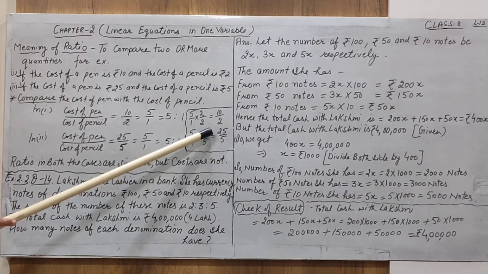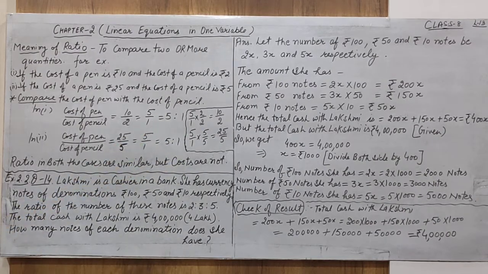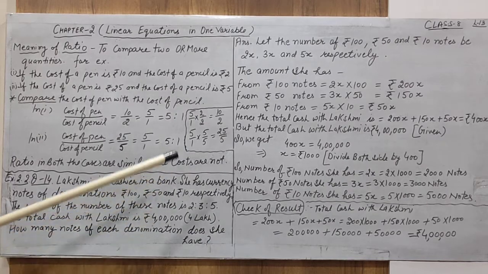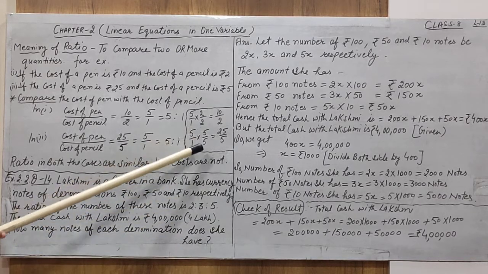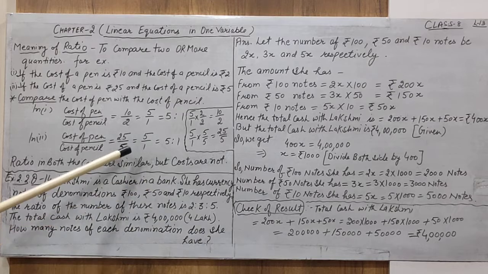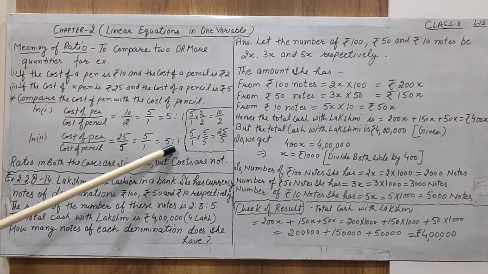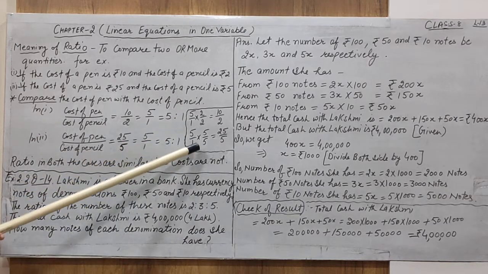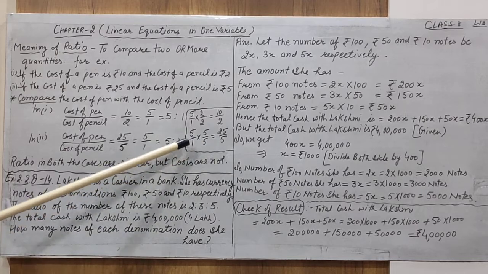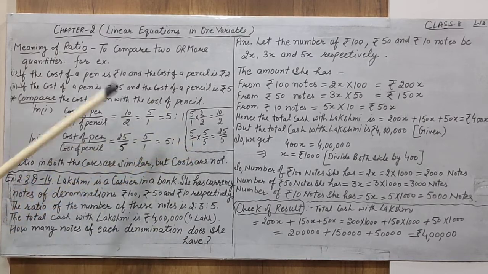5/1 is multiplied by 5 over 5, that is, the numerator is also multiplied by 5 and the denominator is also multiplied by 5, that is, the cost of pen and the cost of pencil are both multiplied by the same number. Alright, only then we can get the exact value. I thought you understood the meaning of the ratio very well. The values are different, but the ratio can be similar. By the ratio we cannot judge the exact value, but we can find it by multiplying the numerator and the denominator by the same number.